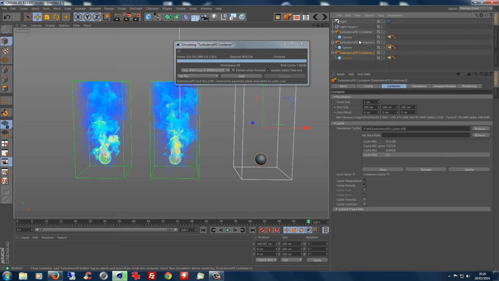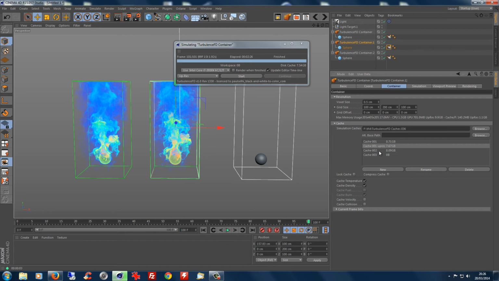Let's have that one representing the up-res, so we can pick and choose whichever one we want. That one using the up-res, and we'll have this one using the high resolution. Okay, and if we now just render a frame,